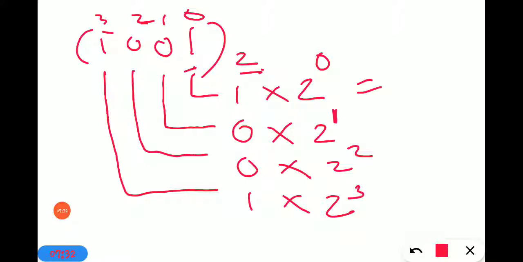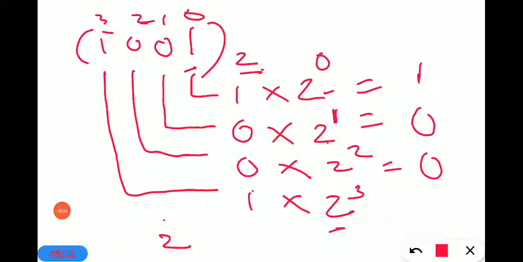Okay. Now here 2 raised to 0. मैंने बोला था आपको any number raised to 0 means answer always 1. So 1 1s are 1. 2 raised to 1 means 2 counted 1 time. What is the answer? 2. But then 2 is multiplied with 0, means the answer is what? 0. 2 raised to 2 means 2 counted 2 times, 2 into 2. What is the answer of it? 2 2s are 4. But this 4 multiplied with 0 means the answer is what? 0. 2 raised to 3 means 2 counted 3 times.